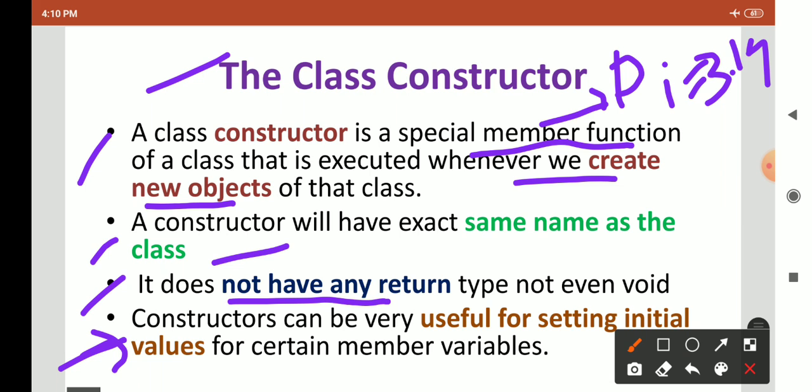So remember this, constructor is used for setting the initial values to variables, it doesn't have any return type, and the constructor has the same name as the class name. Next we are going to see one example on constructor, how a constructor is defined and how it is called in your program.